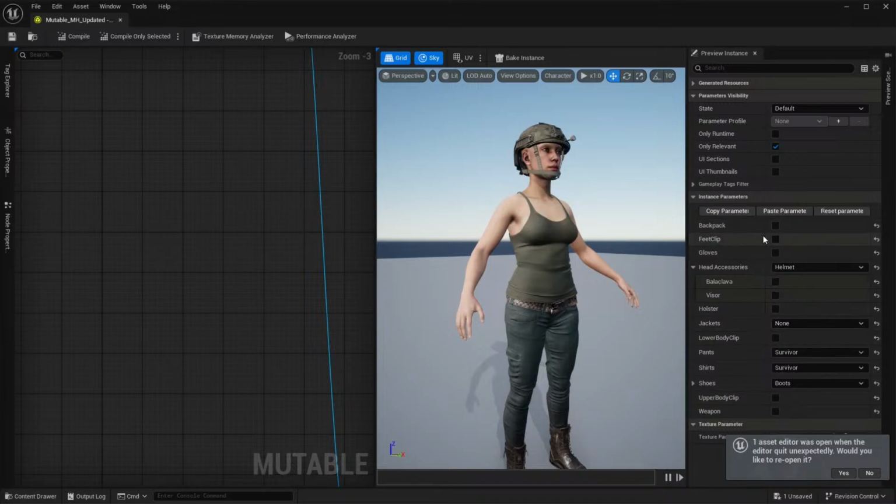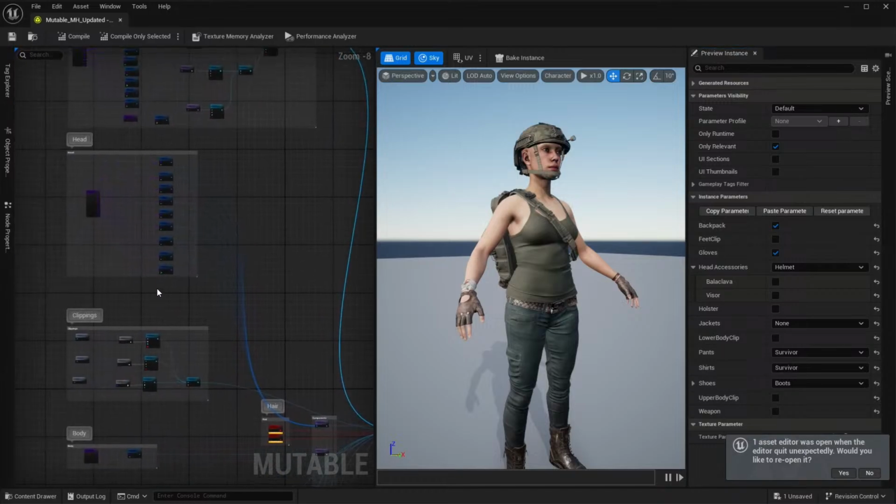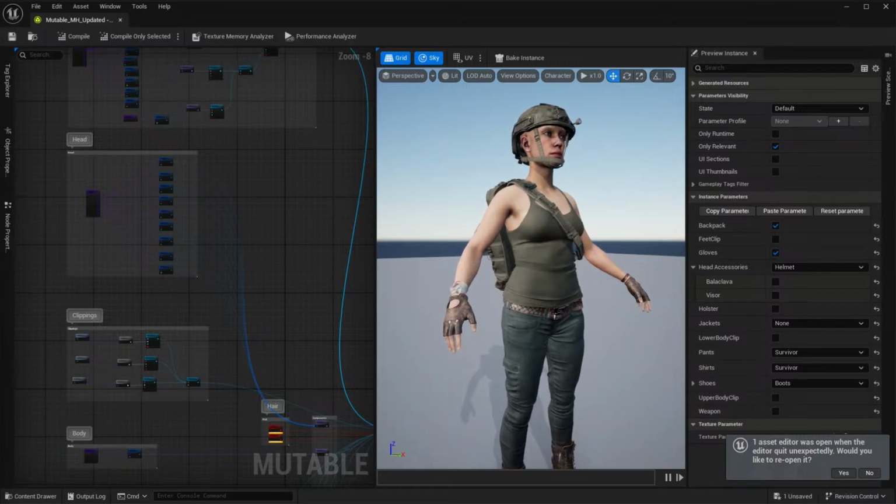So I can now use this to simply turn the different parts on and off. If I want to put her gloves on, it's building all of this based on this logic over here, which ends up driving all of the controls that I have on this side that you can then tie into standard gameplay blueprints and things like that. So that's basically what's going on with this.